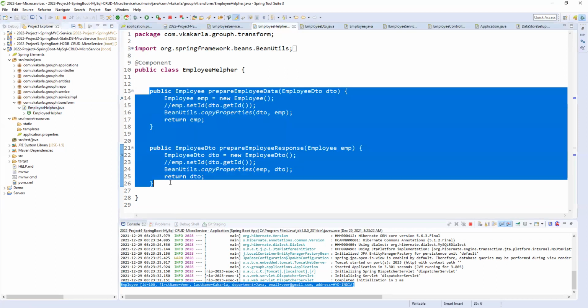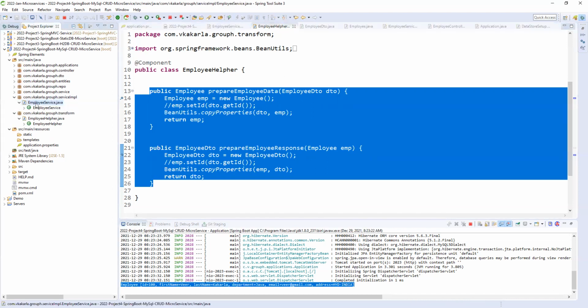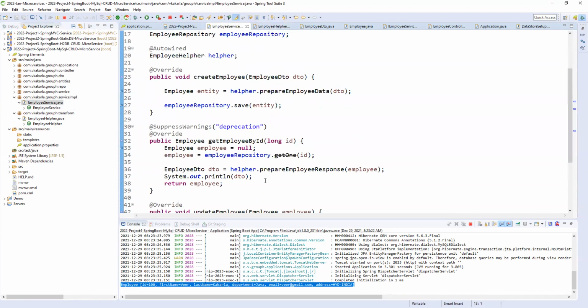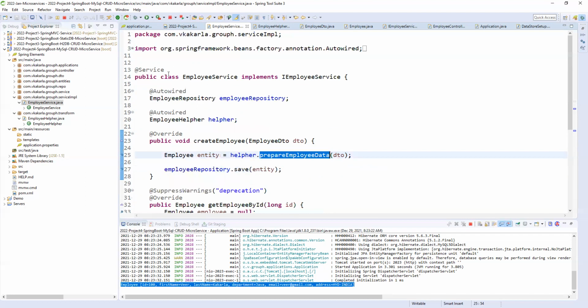So this is one of the best practices. We need to do it like this only. We should not use an entity in the controller layer. We should not bring the database models to the controller layer. We need to validate all the values in the service layer. The service layer is where we can write our business logic. So what data we need to send as a response, and what data we need to take from the request and prepare the database model from, we need to validate and transform all the data in the service layer only. This is where we can write business logic.